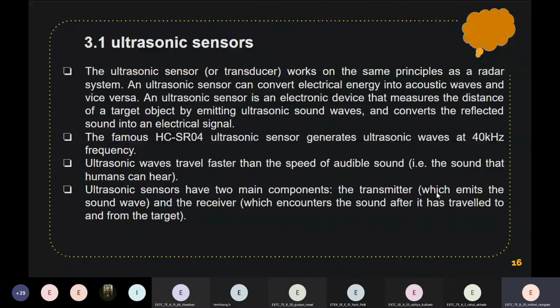Ultrasonic wave, I'm asking. Can anyone respond? What is that?